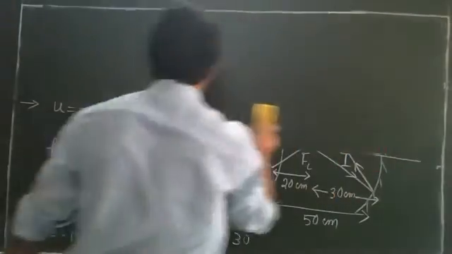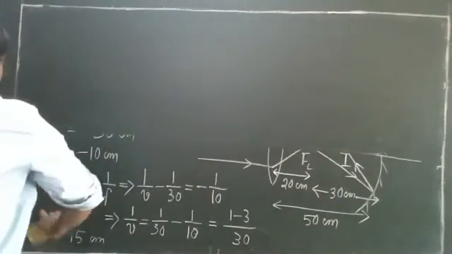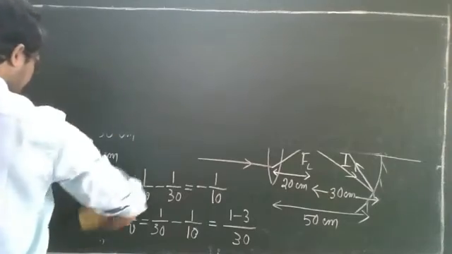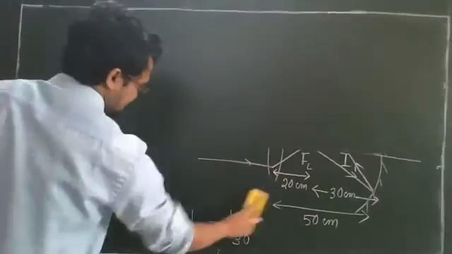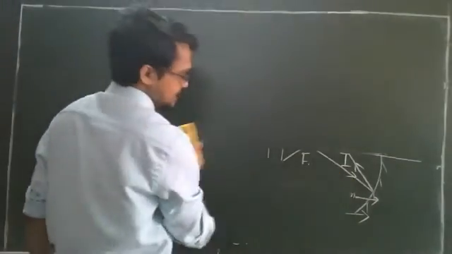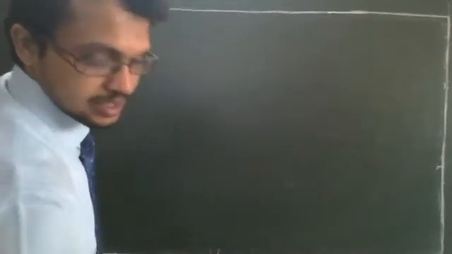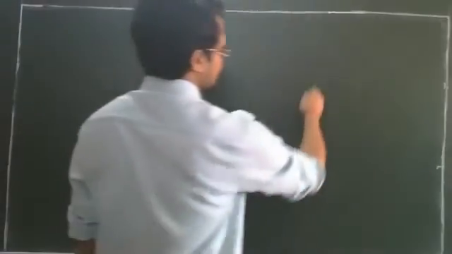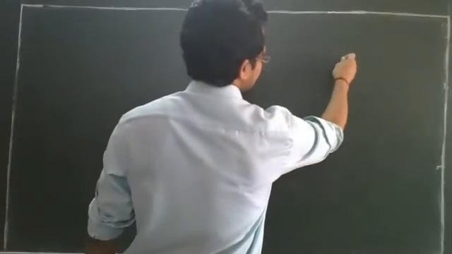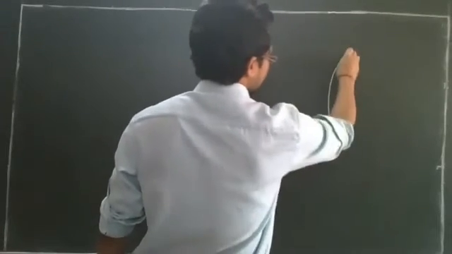I hope you all know where the object should be placed in front of the magnifying glass so that the image will be magnified, right? And in this case we have to take a convex lens. Convex lens behaves as a magnifying glass when